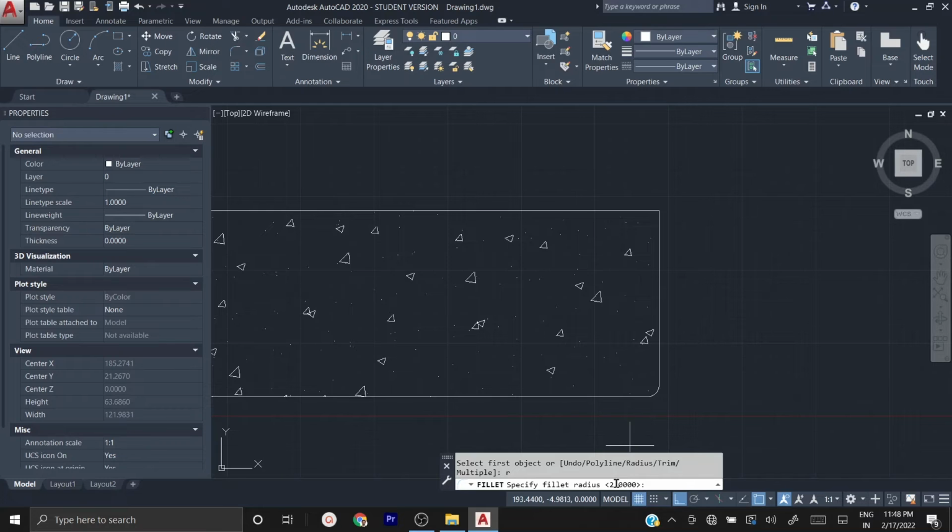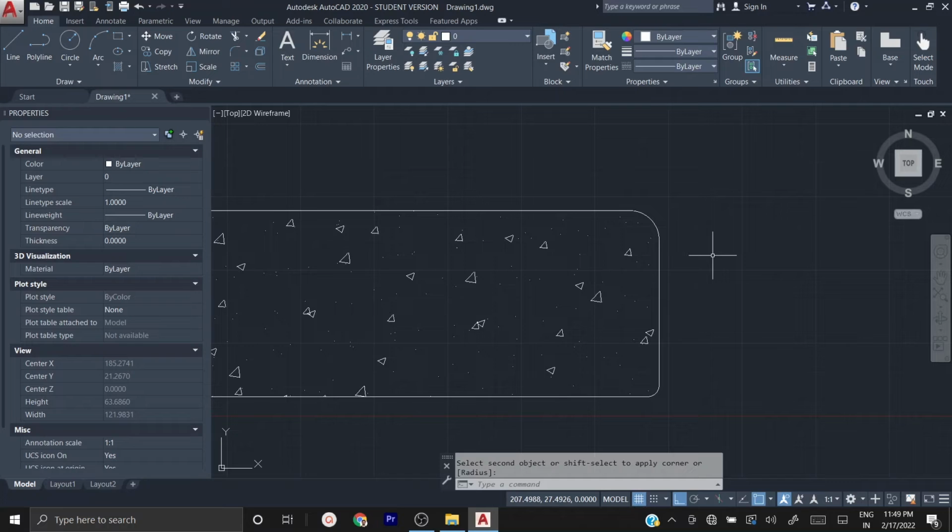If I want to change the radius of the fillet, I can type. So now I'll type 5 and press enter. Now you need to specify the objects for which you need to create the fillet. Select the first line, then move the cursor to the second and click. See, now this fillet arc radius is 2 feet and this fillet radius is 5 feet. So whatever radius you want to create, you can create it.